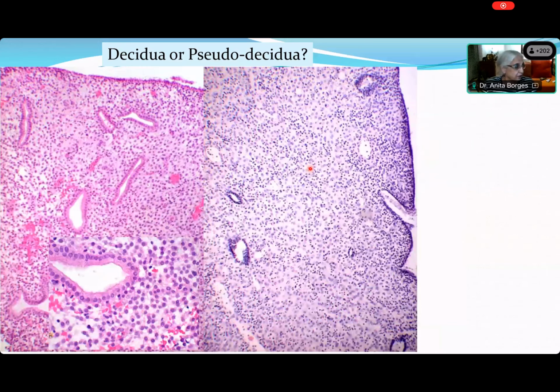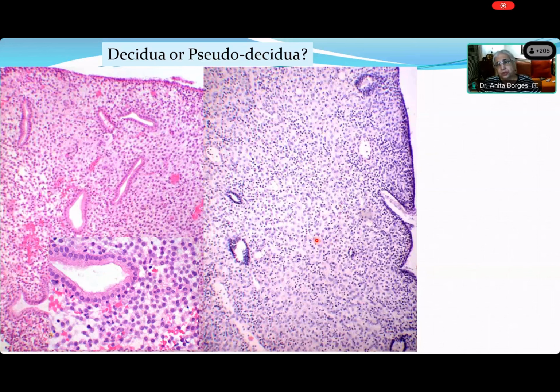Good, excellent. Now everybody talks about decidua. Now I want you to tell me, is this decidua? There are two pictures over here. Left hand, right hand. There's this small little thing that is a blow up of what's going on. So somebody would like to take this question, Sheetal or Rupali? Rupali has an answer for a long time. Come on, Rupali. Left hand side decidua or pseudo decidua? Which one? Come on, Rupali. This left hand side is a decidua, and right hand side is pseudo decidua.